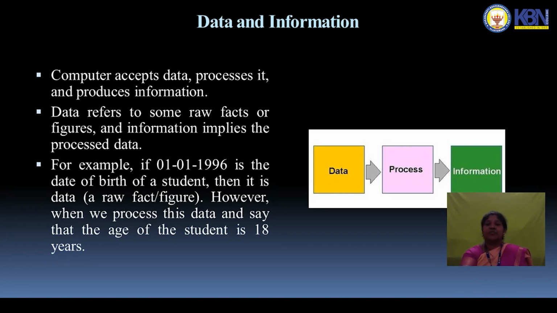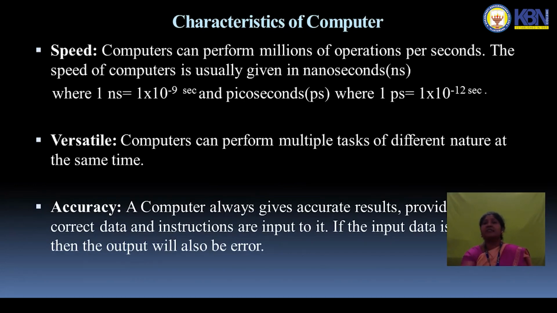Okay, next we will learn about the characteristics of a computer. So why are we using computers? Maybe computers have some special characteristics. We will learn them one by one. First, a computer can work at very high speed, like nanoseconds and microseconds. We call it speed. Comparatively, humans cannot match it, because a computer can perform millions of operations per second. We can't do that. Speed is usually given in nanoseconds, and 1 nanosecond is equal